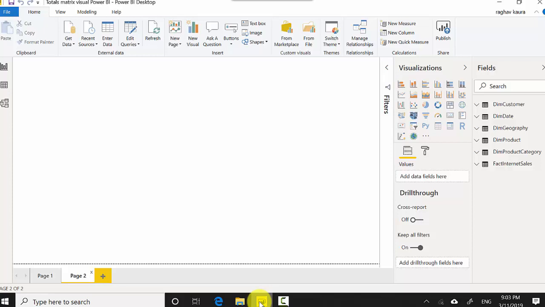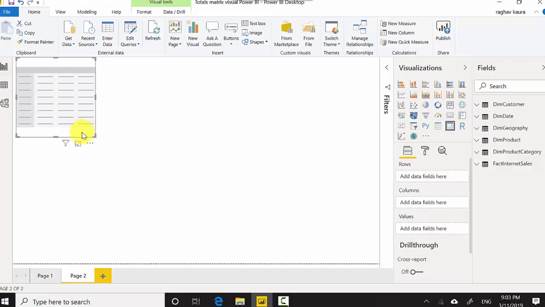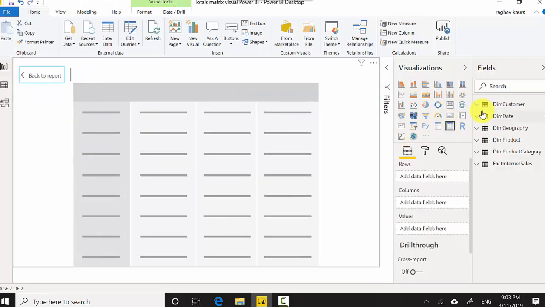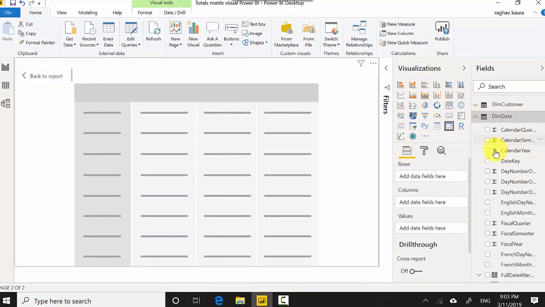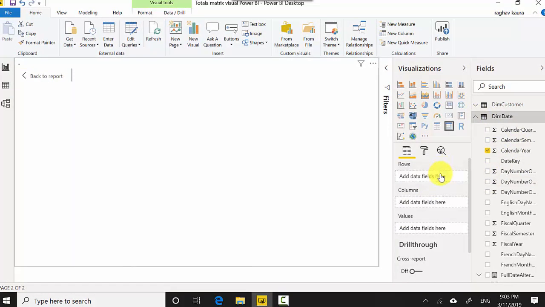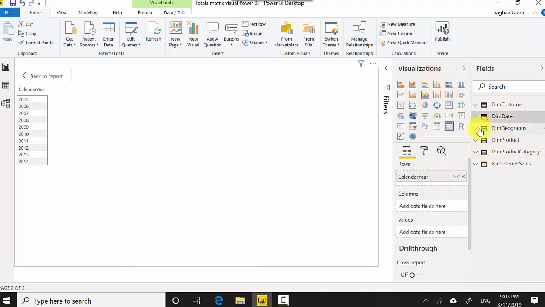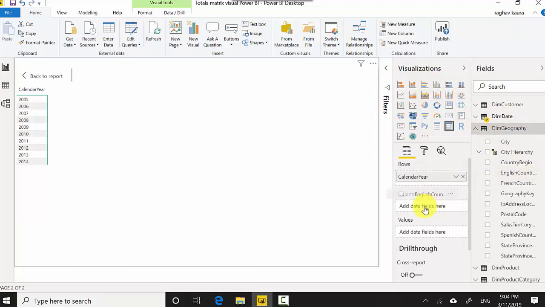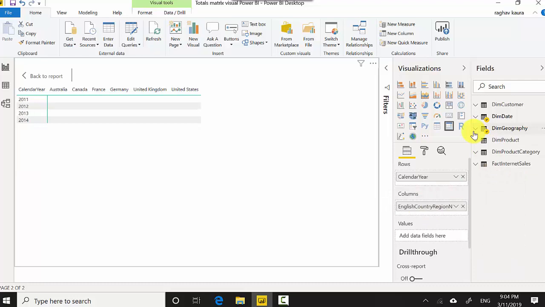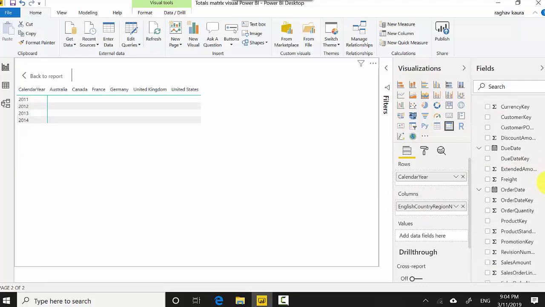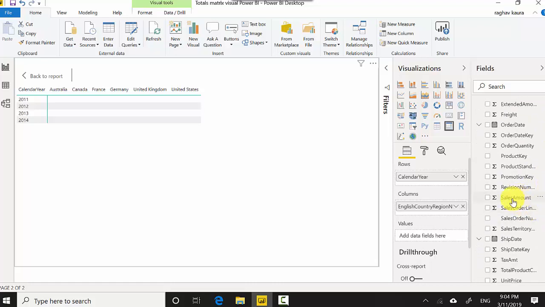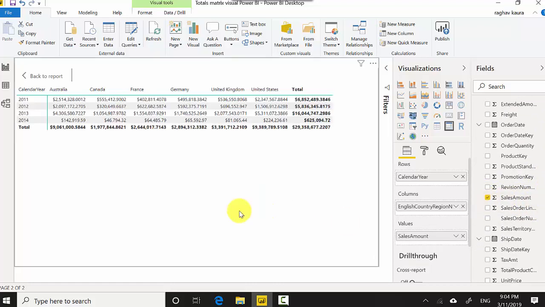Let's start. So I'm just going to click on the matrix visual to enable that, and I'm going to put it into focus mode. And then I'm just going to grab the calendar year as one of the fields on the rows, and I'm going to use the English country region name on the columns, and I'm just going to grab the sales amount. So I'll just click on the sales amount, and you can see that it's giving me the matrix visual now,